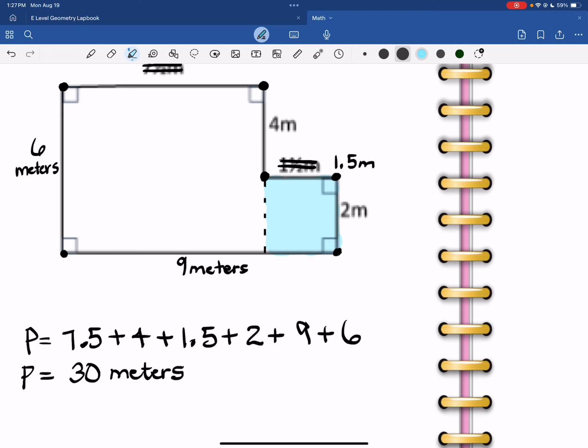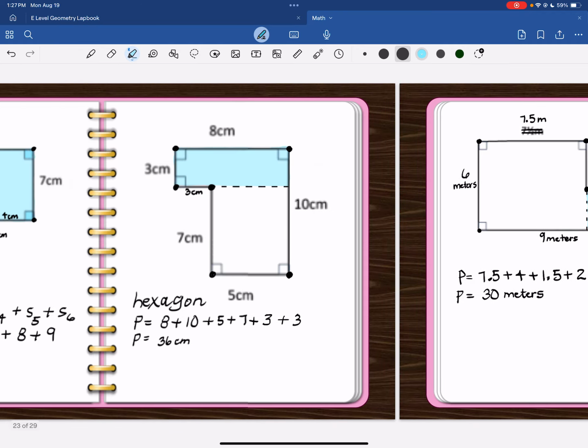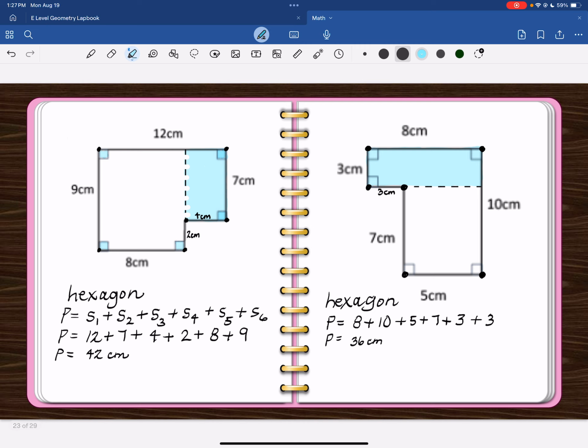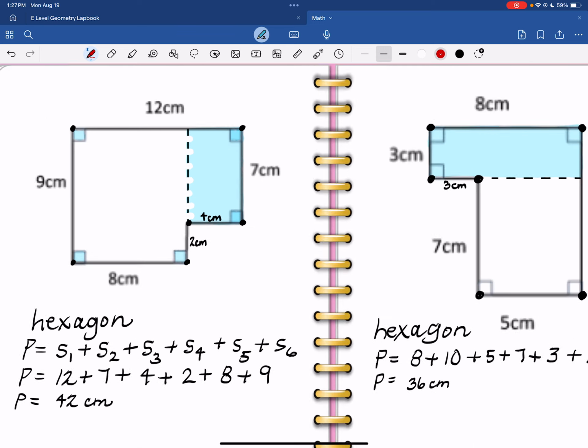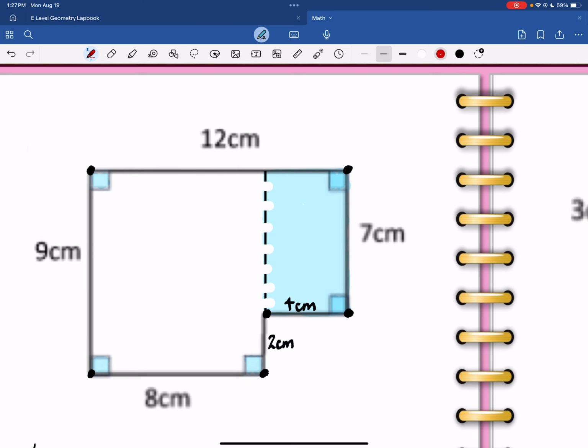Okay, I want to go back on this one. Let's go back to the very first one. And this time I'm going to change my color to red, my pen, and I want to find the area of these units as well. So let's take this first one. I know that this, let me try this rectangle,